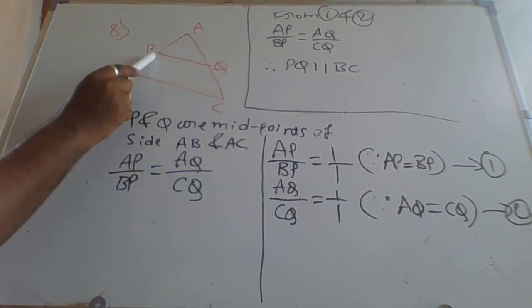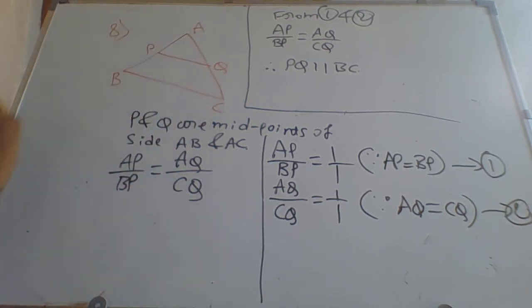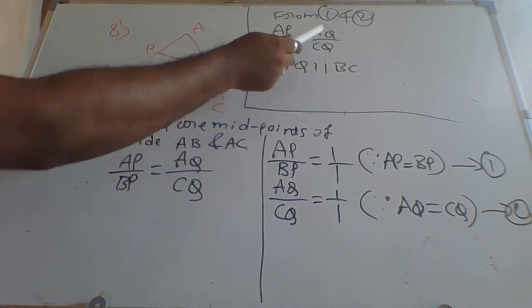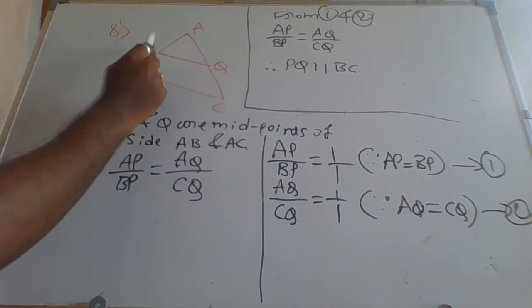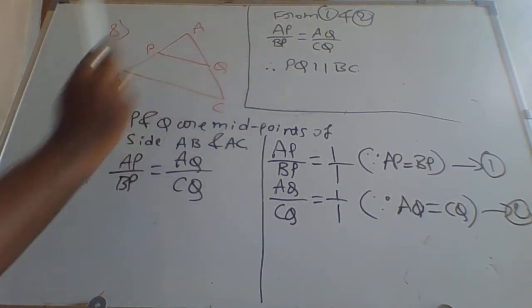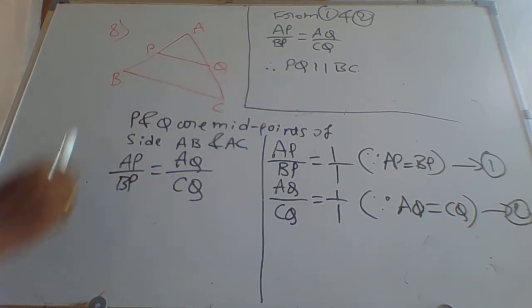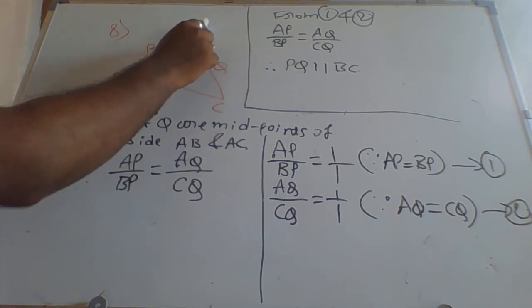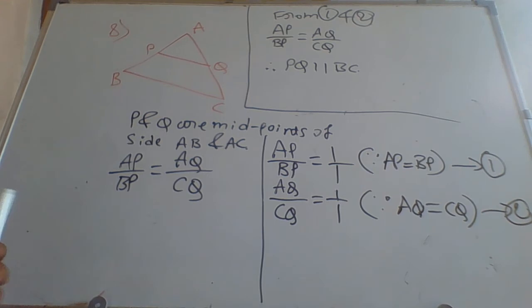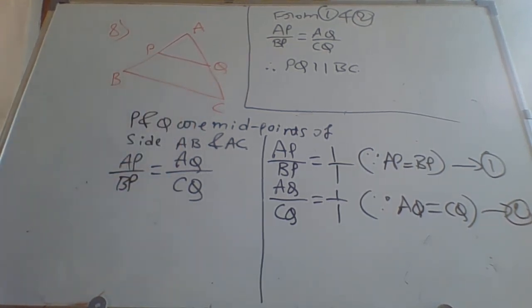This side PQ divides lines AB and AC equally, because these are in equal proportion. So now by using the converse of the proportionality theorem, if this line divides lines AB and AC in equal proportion, then we can write PQ is parallel to BC. So I hope you all are clear with this problem. Next,